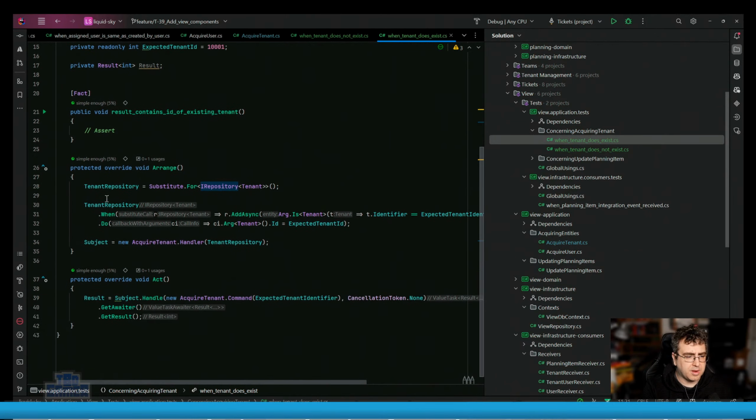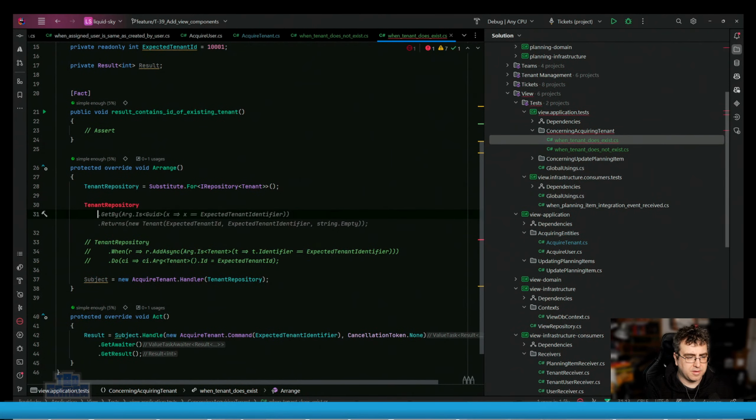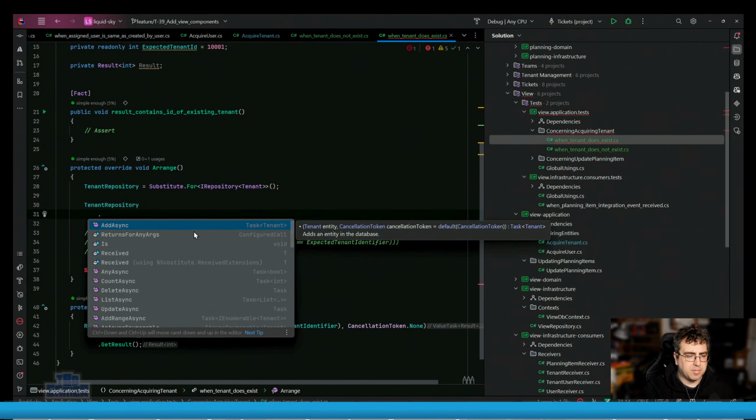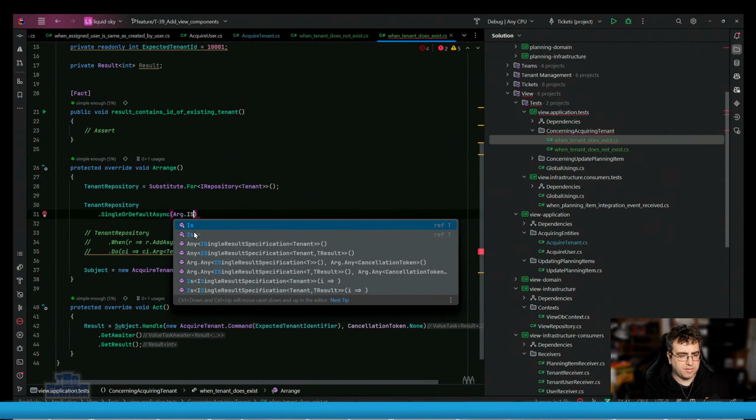So in this instance, what I want to do is I don't want to say add, right? I want to say tenant repository dot single default async arg.is